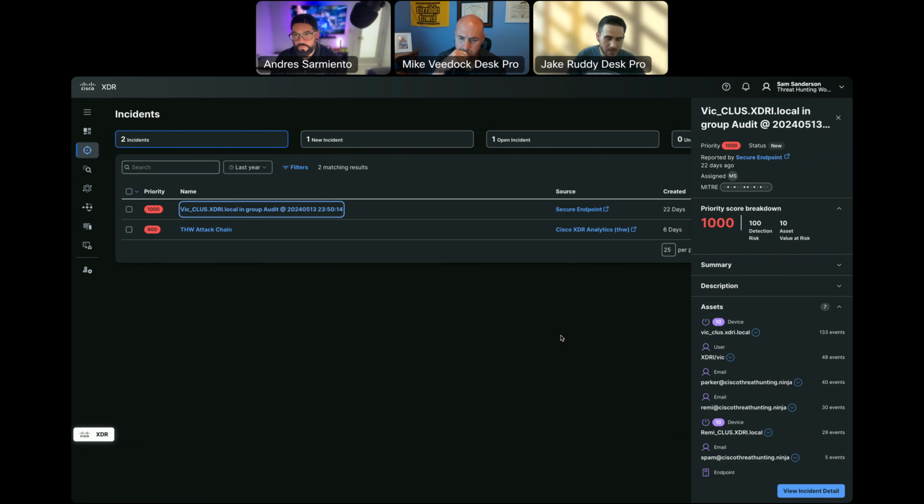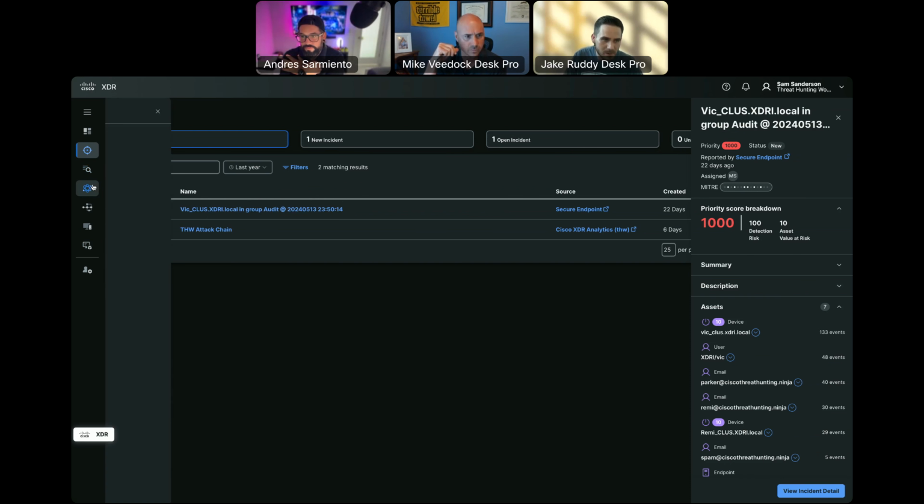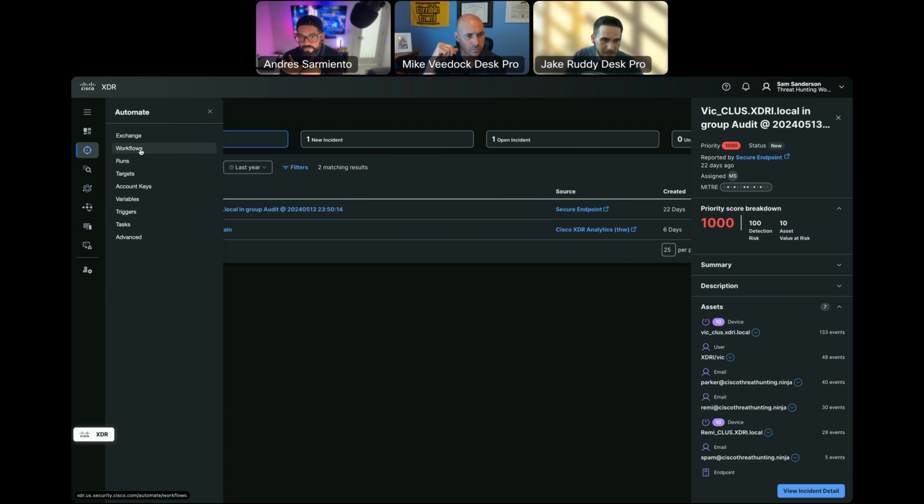Or certain devices are involved. The priority is a certain number or higher. I don't care. Immediately isolate the endpoints. I'll deal with the fallout. I'll deal with the backlash that I'm sure to get from locking out a bunch of folks. But again, it's up to you what you choose to automate, when exactly that automation runs, and which workflows you're going to use to do that automation.